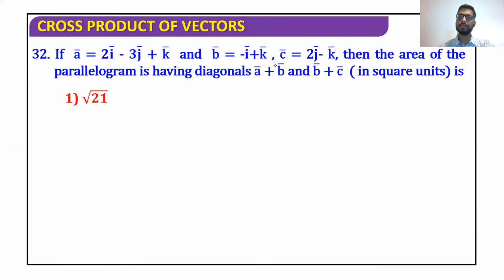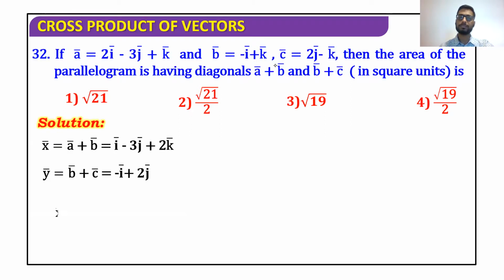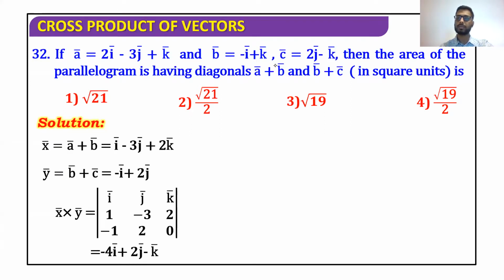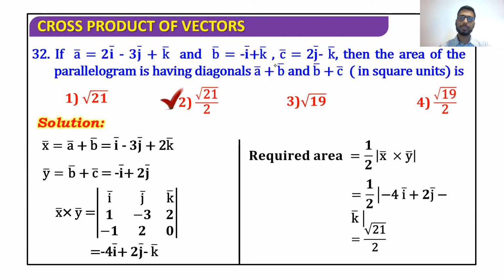Area of parallelogram when you're having diagonals. Area of parallelogram is half D1 cross D2 when you have diagonals instead of sides of the parallelogram. So apply the formula half diagonal 1 cross diagonal 2. We get an answer. Now in this particular case, diagonals were not given. A bar, B bar, C bar, the 3 vertices were given. So you can easily get your diagonals. So your first diagonal would be A plus B and your second diagonal would be B plus C. Apply the formula to get an answer.